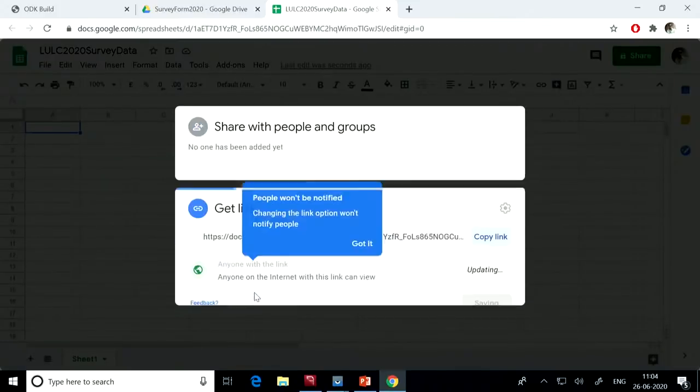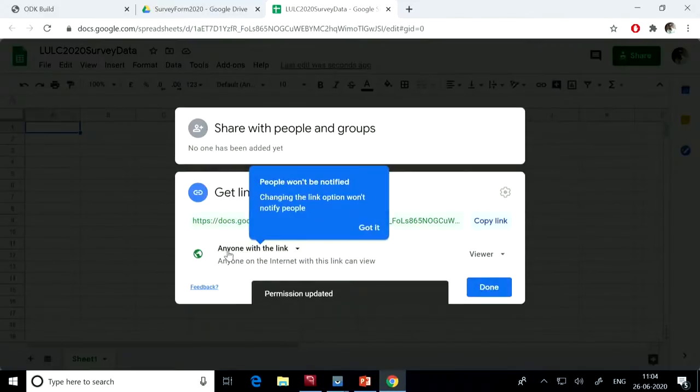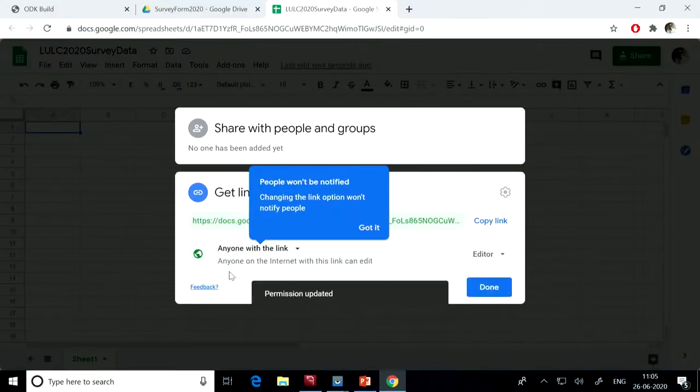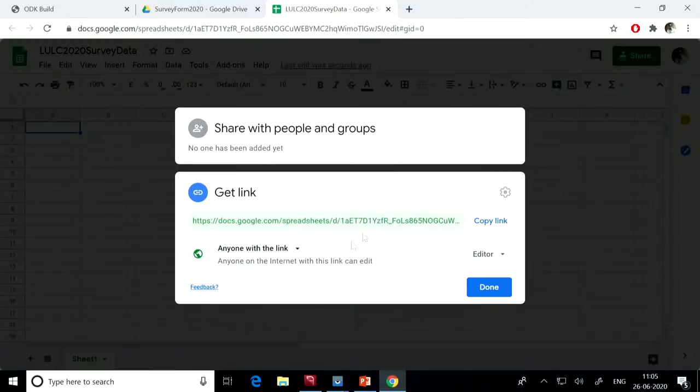So click change to anyone, and then one option is here, anyone with this link, anyone on the internet, can view. No, I want it to be edit also, so I want to make them an editor also. So from viewer you select editor. Now anyone on the internet with this link can edit it. They can put some data into this spreadsheet, because the data in this spreadsheet will come from their mobile phones. So I need to give them the write access or the edit access.